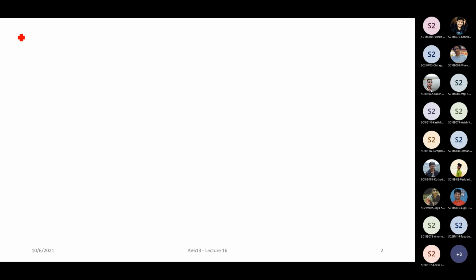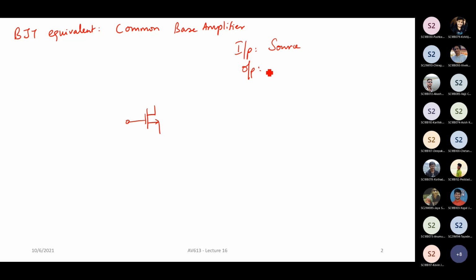All right. So the BJT equivalent is basically a common base amplifier. Now, based on that, how do you design a common gate? Basically you have the MOSFET. When you say common gate, the gate is basically common to both the input and the output. The input is fed at the source and the output is taken at the drain. Right? And the gate